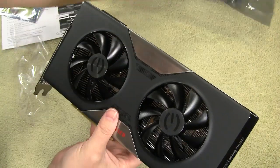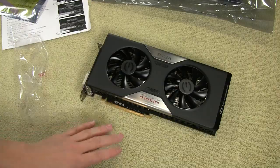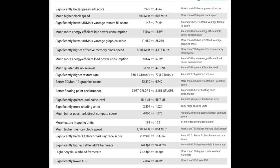And that is it. That is the EVGA. So let's go put this in. Stay tuned. All right, so what you're looking at right here is GPUboss.com, and we are doing a direct comparison